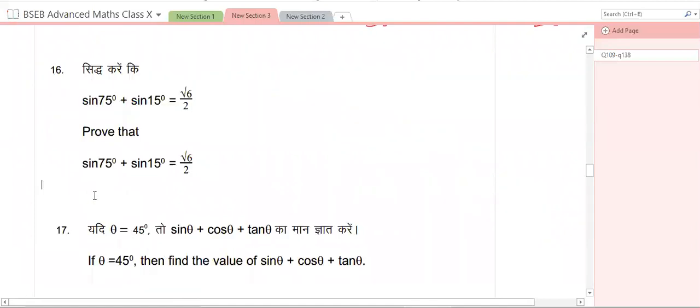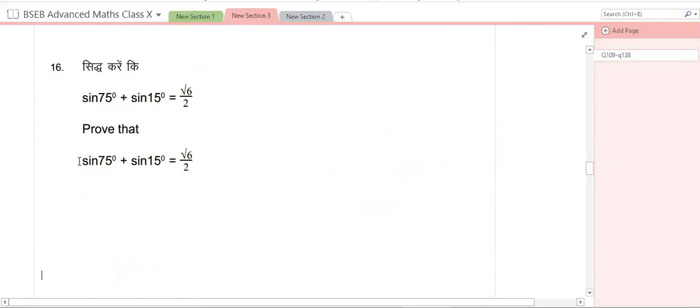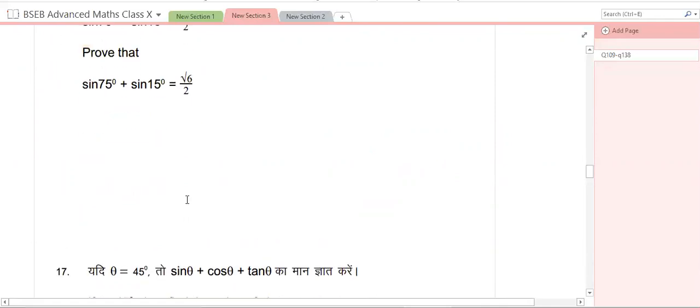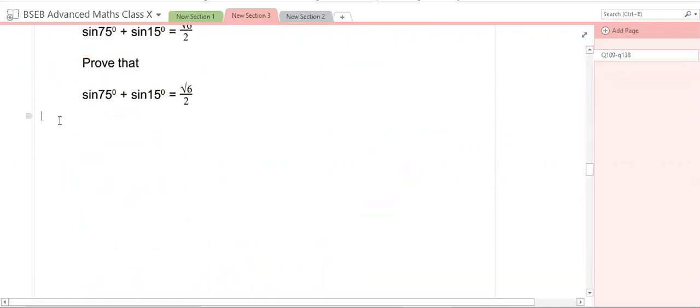We want to find sine 75 plus sine 15, which is equal to square root of 6 over 2. We can use special angles. Sine 75, we can write it as sine of 45 degrees plus 30 degrees, plus sine of 45 minus 30 degrees. What we can say here is